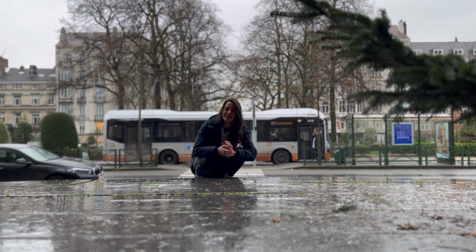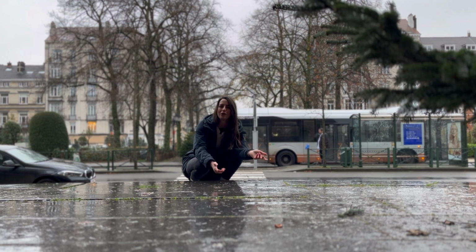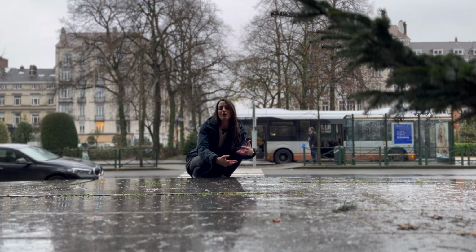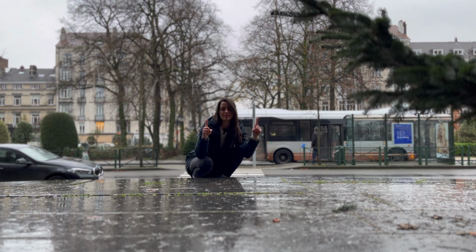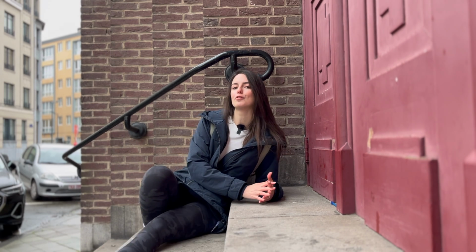Most of the year, especially this time, fall and winter, it's gray and cold and rainy. C'est la vie. However, you can prepare well with proper clothing. So let's talk about it. So whether you're planning a visit to the Belgian capital during these months, maybe for the Christmas markets, or if you're brave enough to consider living here, there are a few criteria I like to look out for when buying